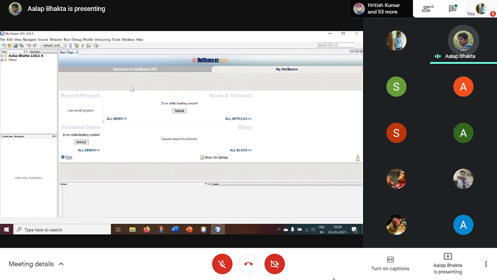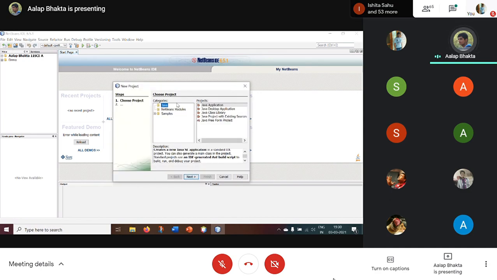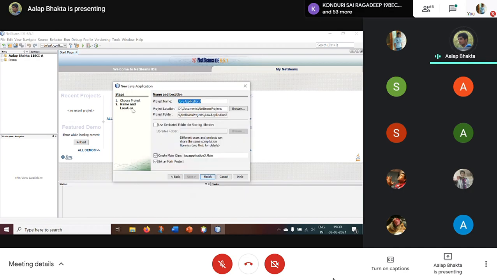So this is basically the toolbar, new project. First I will create a project. Click on this folder plus icon, then go to the Java category, Java project, Java application. Then write your project name, such as event.